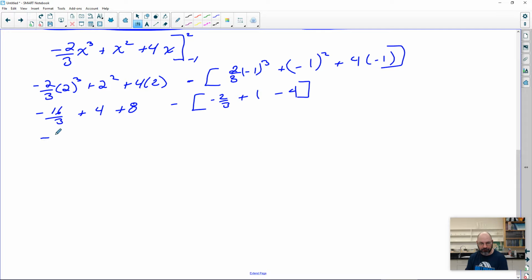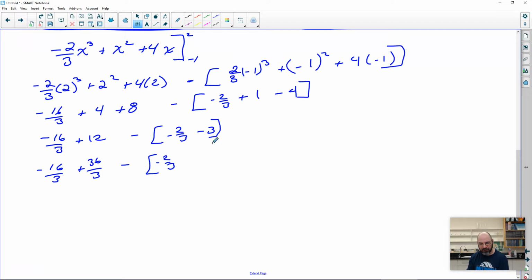Okay, so then we have negative 16 over 3 plus 12 minus negative 2/3 minus 3. Okay, so then we've got to figure out what these are in terms of our numbers. So this is negative 16 over 3. What is 12? Well, 12 times 3 is 36. So that's 36 over 3. Okay, minus, this is pretty easy to do. 2/3 negative, and then how much is 3 in thirds? That's minus 9/3. Doing your fraction rule, so this is 20 over 3 minus